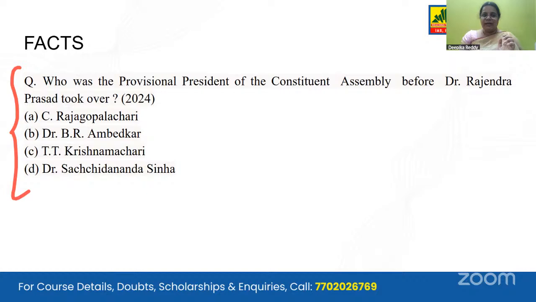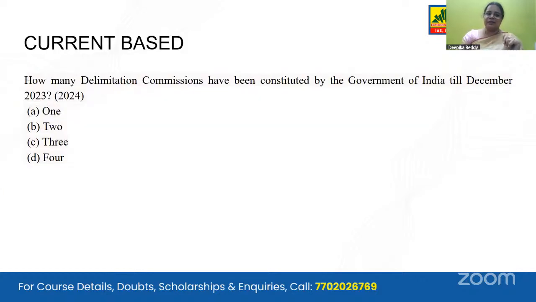So in totality, this is a question that was asked, a current-affairs-based one, in 2024 because delimitation was in the news. And the question is simple: How many delimitation commissions have been constituted by the government of India in 2023? UPSC is full of surprises. When you expect a very difficult question, they ask you a very simple, sweet, and short question. When you expect a very simple question, they go in an angle which nobody would have even thought of. So this is a very simple question on the delimitation commission.